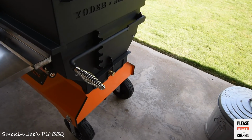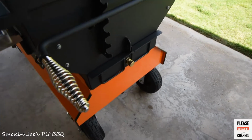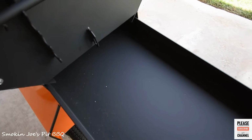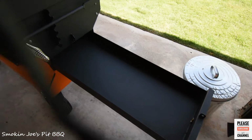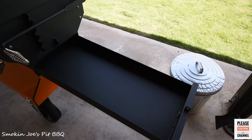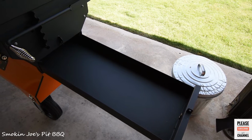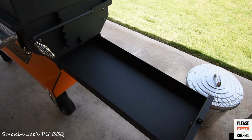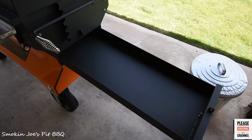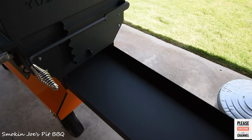It also has a really large ash tray that I'm going to pull out here, right here. This handle. So that is extremely long, and sorry about the background noise, guys. It's a little windy out here, but that catches all of your ash, and then you can just use a shovel. I use a fire pit kit. It's got a broom and a shovel and a pick and other stuff. So that's what I'll use to clear out any of the ashes and put it inside my ash can that you see there on the right side. So we push this back in,